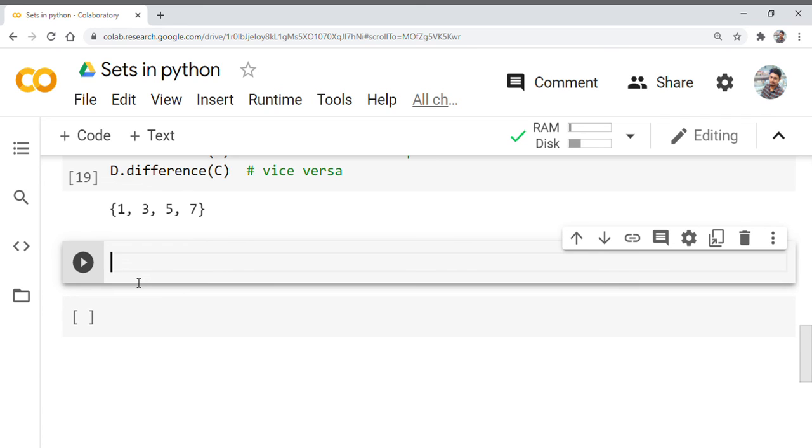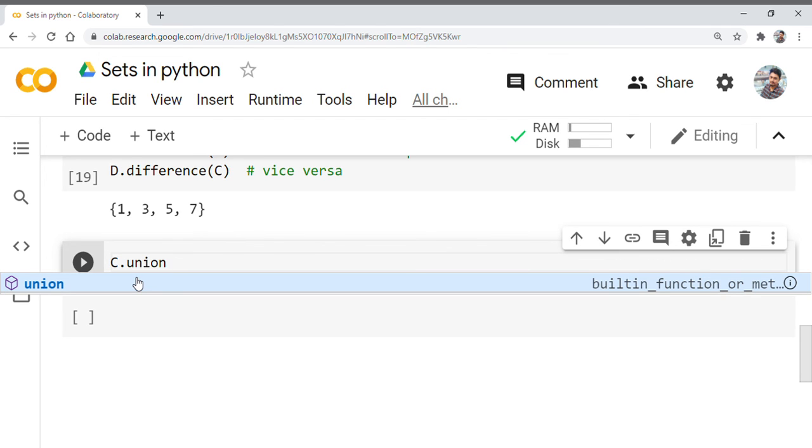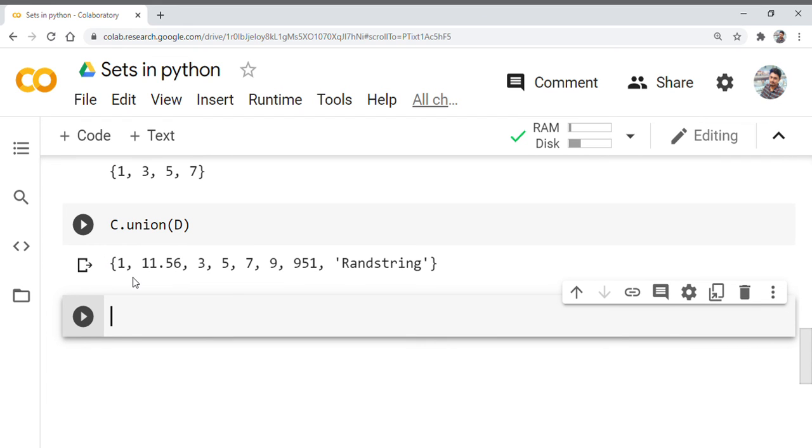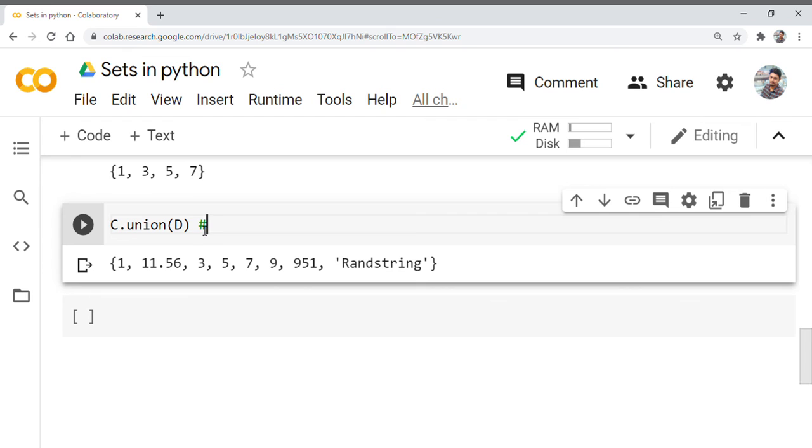So the code for union is C dot union of D. Okay, so now we will be getting all those elements which are present in C and D together, and the duplicate elements will be struck down. Okay, so we have 1, 11, 5, 6, 3, 7, 3, 5, 7, 9. All these things are present in both C and D combined together. Okay, union of sets.